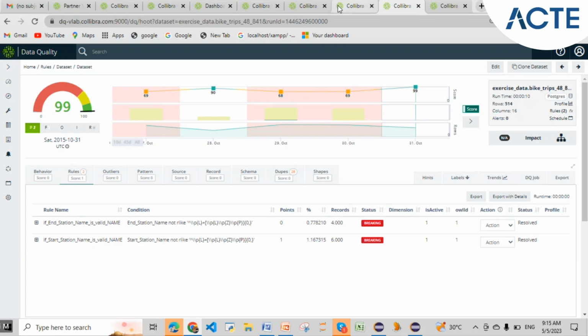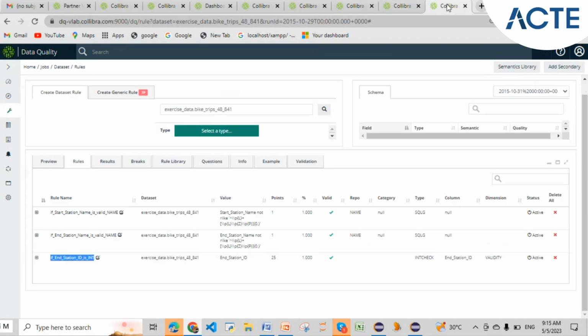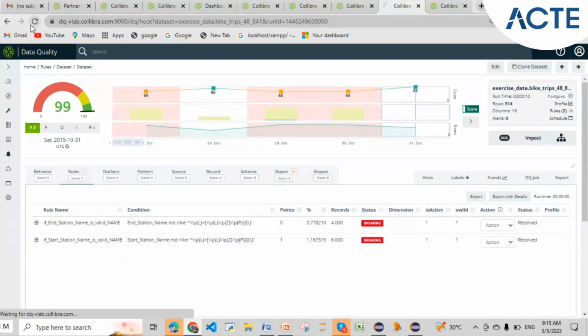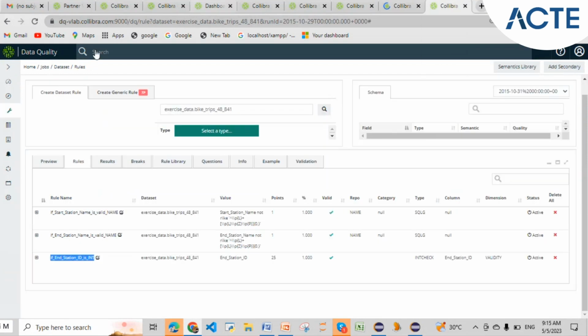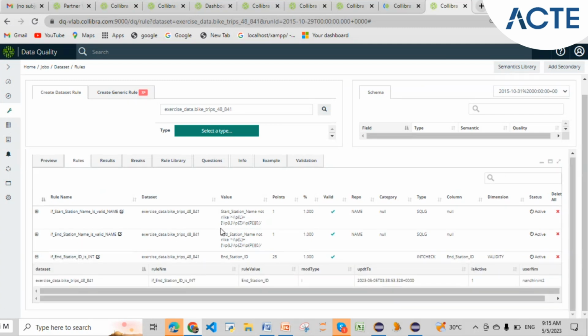Fine. Thanks, Nandini. So I have created one more rule in here, so let me refresh in here. So this checks whether end station ID is int,